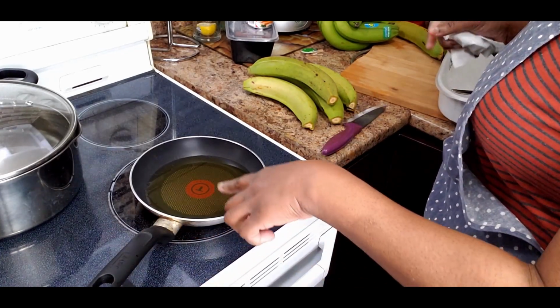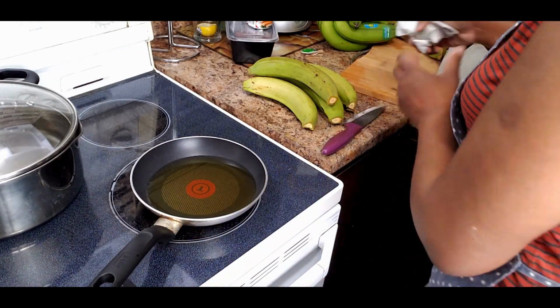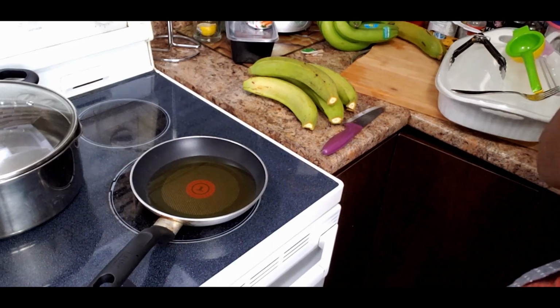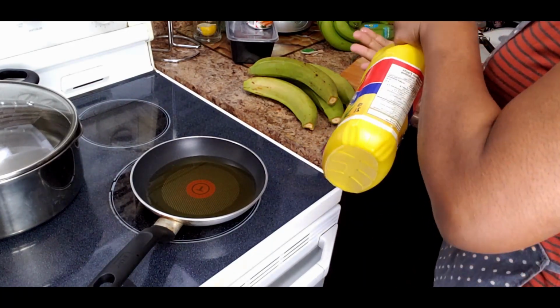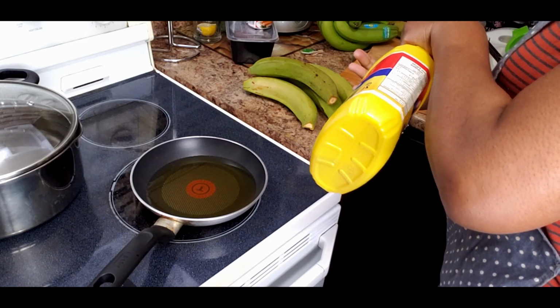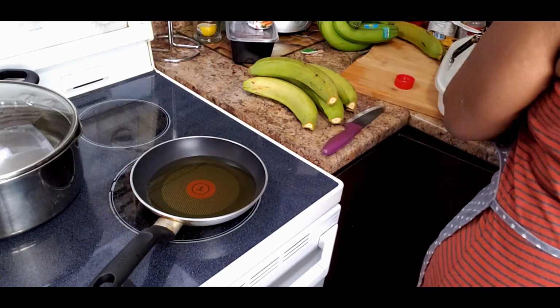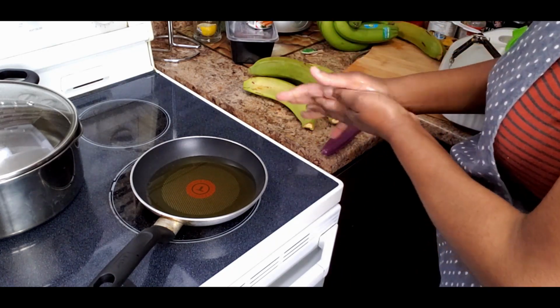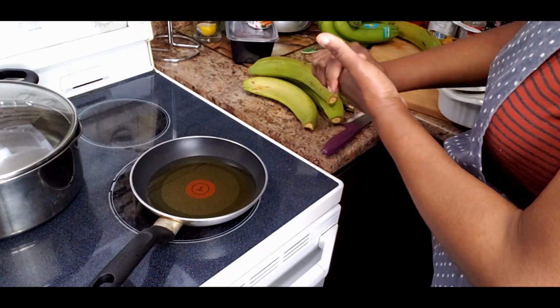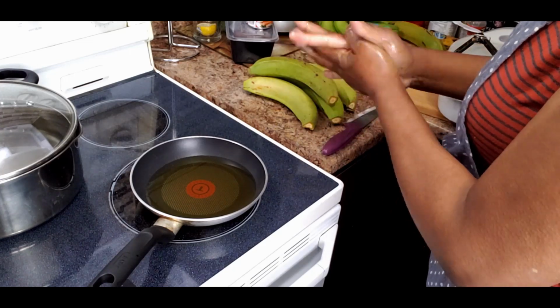So the pot is heating, and then I'm going to put some oil on my hand here. And I don't like to feel the stain on my hand. You're washing it with soap and it won't come off. Rub it up,